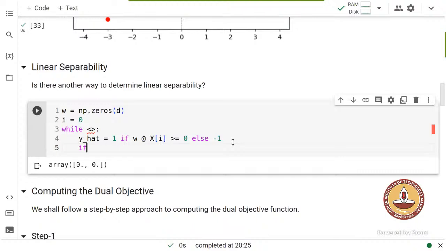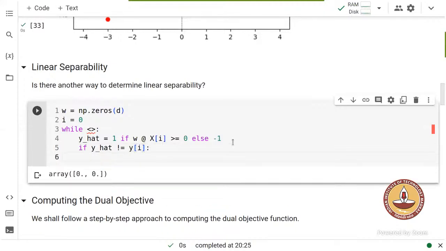Now we want to know if it's a mistake or not. What condition should we check? Whether y hat and y are the same. So whether y hat is not equal to y of i, where y of i is the true label of the ith data point. If it is not equal, then we have made a mistake. So what should be the update now? W plus equals